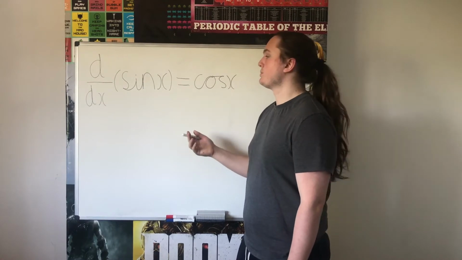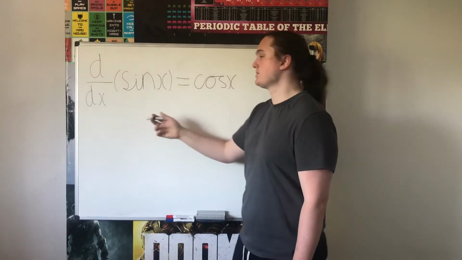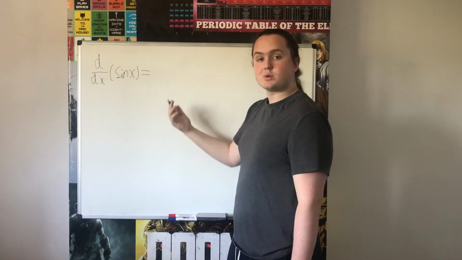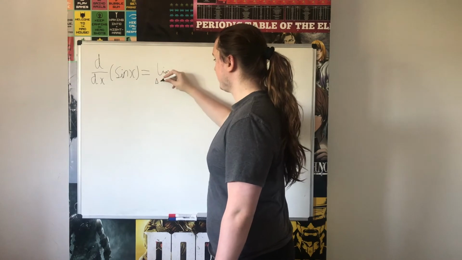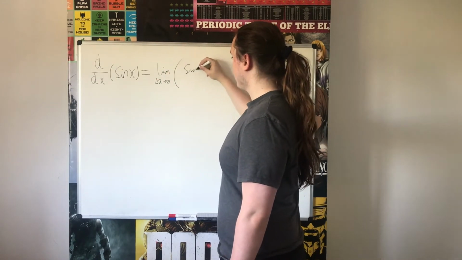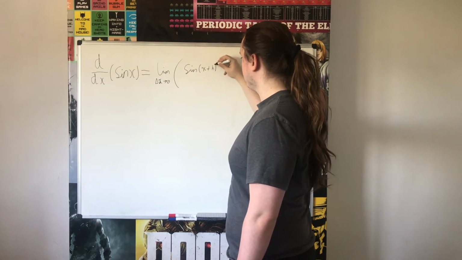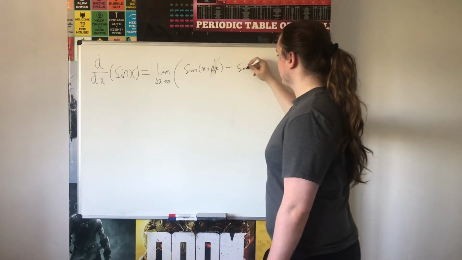So today we're going to prove from first principles that the derivative of sine x with respect to x is cos x. So we know that from first principles the derivative of sine x is the same as the limit as delta x approaches 0 of sine of x plus delta x minus sine of x